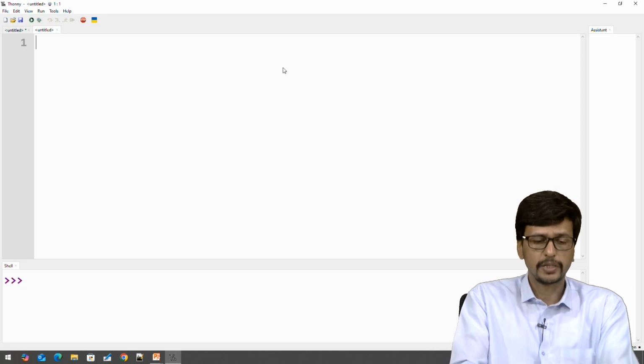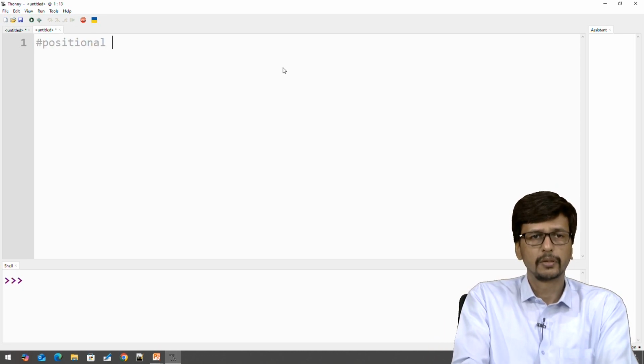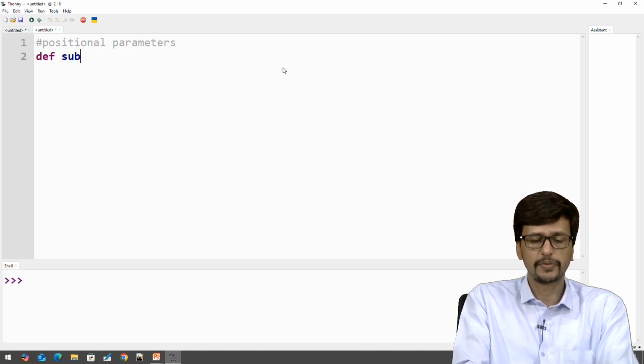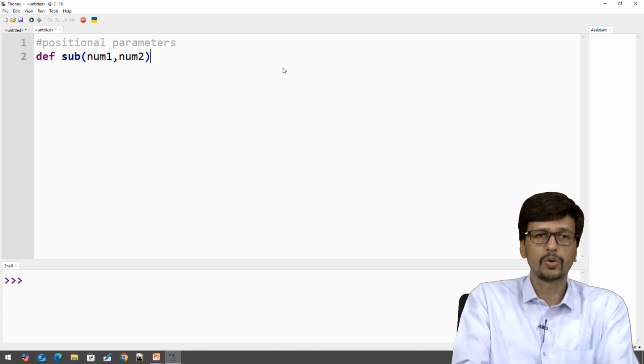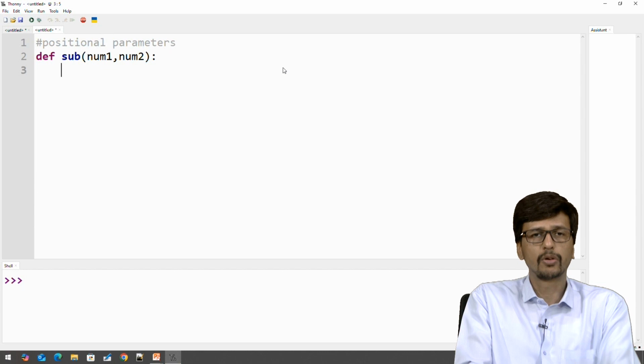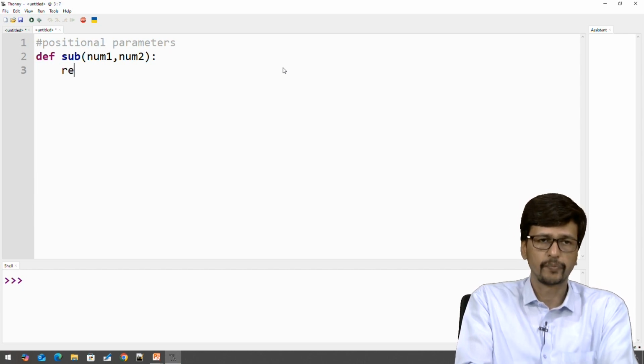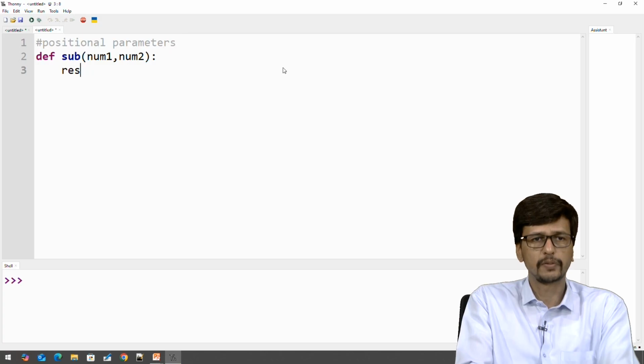So, this example is for positional arguments, or you can say positional parameters. Now, we are defining one function, for example, a subtract function. We are passing 2 numbers, number 1 and number 2. So, here the total number of arguments is 2. Now, when this function executes, inside it we are writing one more statement that will execute the subtraction operation. For example, we are using one variable, result, that will be number 1 minus number 2,